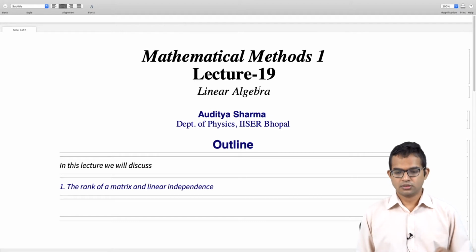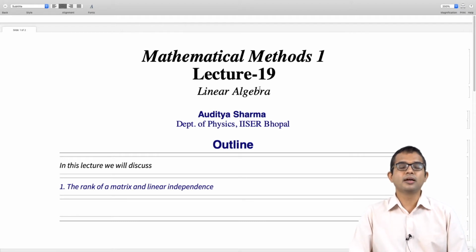Okay, so we have looked at the concept of a rank, and we have seen two different ways in which we could think of the rank, right? One was, of course, using row reduction, which is perhaps the most foolproof way of getting to the rank of a matrix. You do a series of transformations and recast your matrix into a form where the bottom few rows, if there are any zero rows in the matrix, they are all pushed systematically to the bottom, and then you count the number of rows which are non-zero, and that's the rank of a matrix, right?